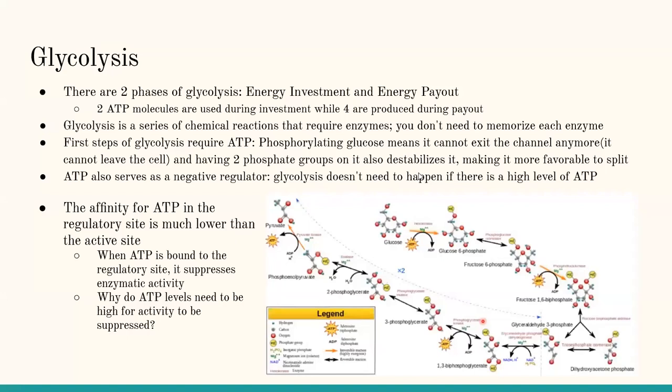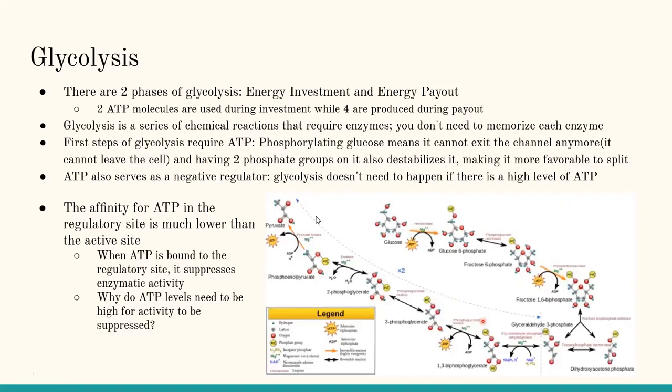Yeah, so the glucose molecule has a binding site where ATP binds in, and this is what turns into glucose 6-phosphate and leads into glycolysis. But it also has an allosteric site, which if you don't remember from earlier is another binding site on the molecule, which in this case is glucose. And that allosteric site has a lower affinity for ATP. So normally, let's say if you have like 4 ATP or not a lot of ATP, it would bind into the normal site of the glucose and it would be able to go through glycolysis. But the chances of it being able to bind into the allosteric site when there's a low amount of ATP is not high because